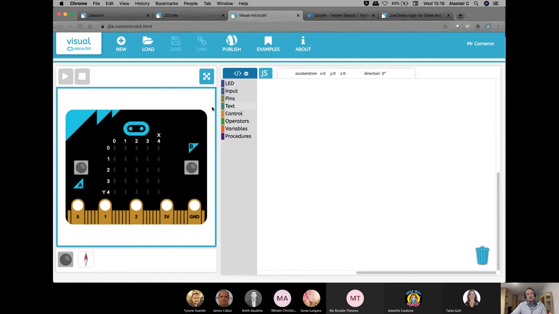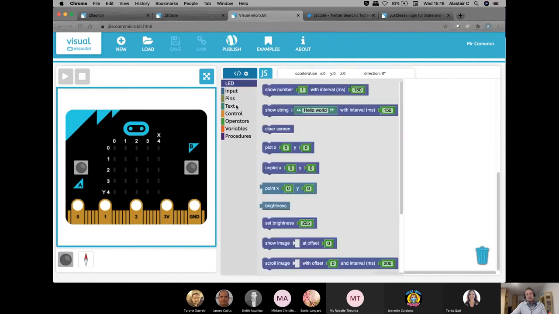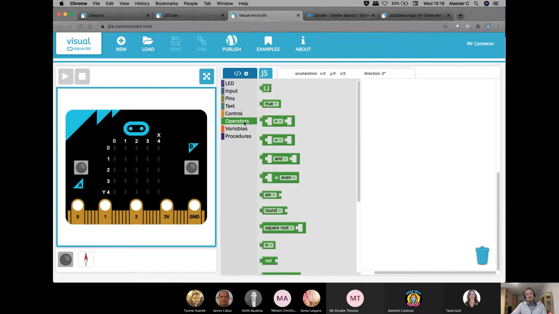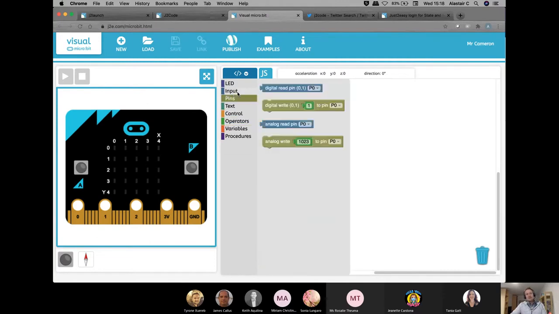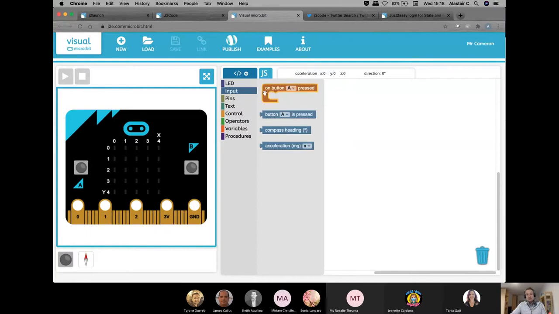So here, for example, you've got the microbit board, and you can use all of the commands and all of the operators and variables, etc., all of the different controls that you would need in order to, when you've got the device in front of you, be able to successfully create a program that would run with various different sensors.